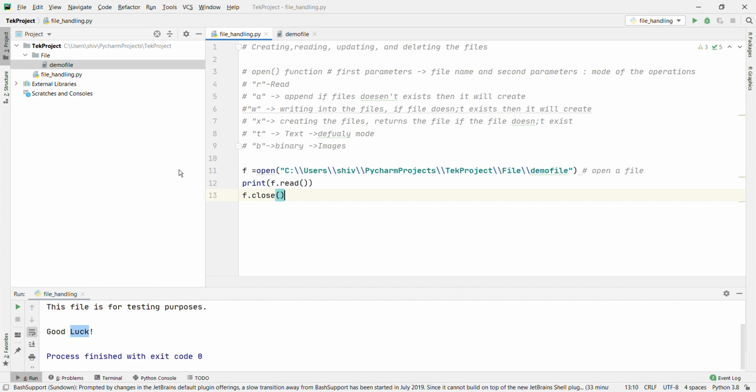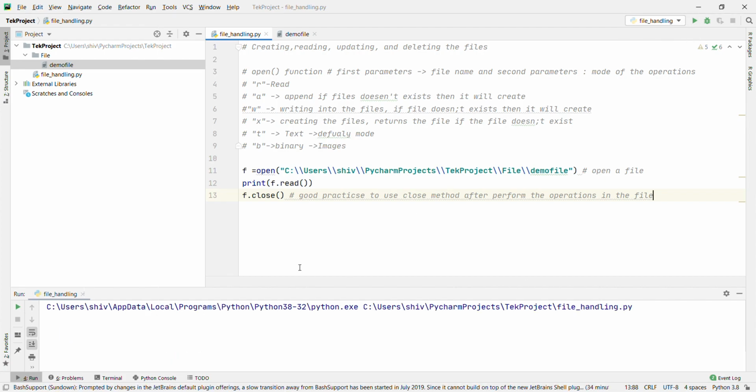It is always good practice to use the close method after performing the operations on the file. Let's run and see. We will get the same output.